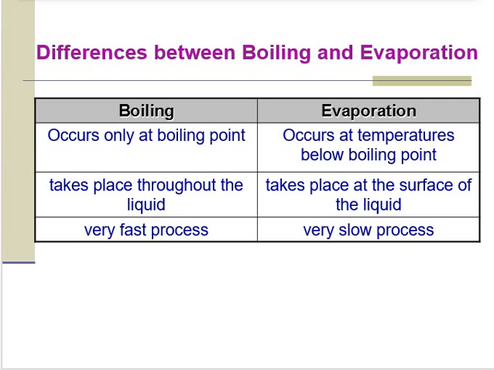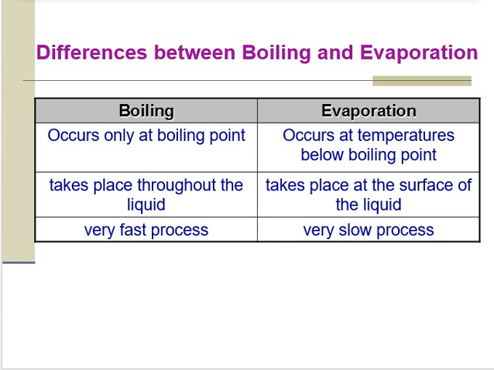But evaporation can also take place. Sometimes when you have a puddle of water on the floor, you don't boil it to 100 degrees Celsius, but still evaporation can take place, and after some time you'll notice that this puddle of water on the floor has evaporated and is gone after a few hours. But it does not boil, because evaporation takes place at temperatures below 100 degrees